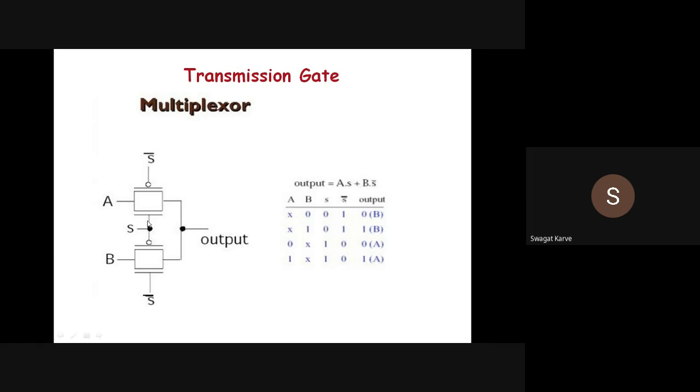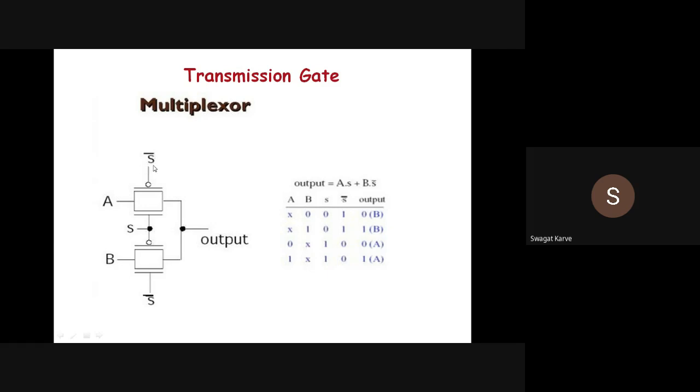Now, next thing, if you talk about, say, a 2:1 multiplexer, that means you have 2 inputs and you want to produce a single output at a time, or a single pass transistor will be selected at a time. Now, what are the different combinations for the 2:1 mux? So you have don't care 0, then don't care 1, then 0 don't care and 1 don't care. These are the respective inputs.